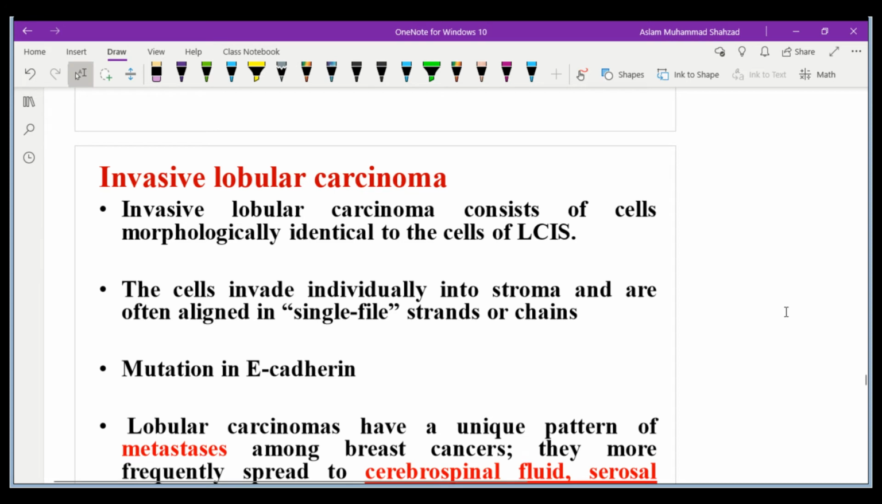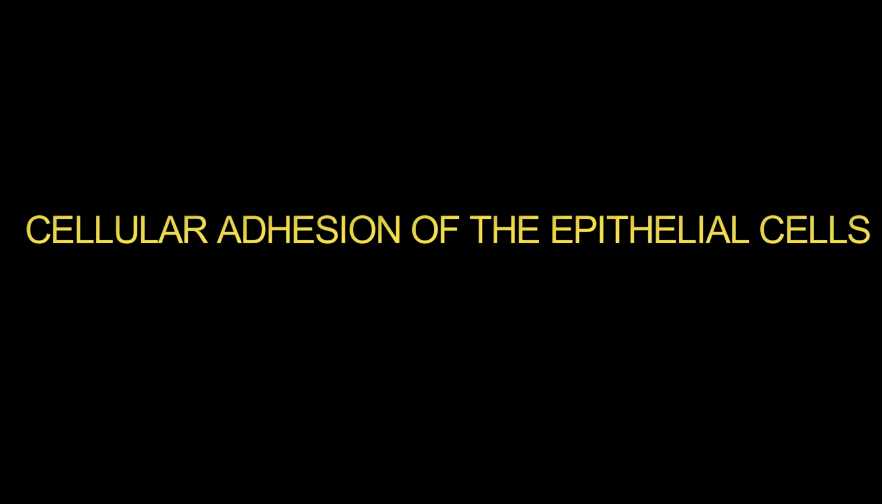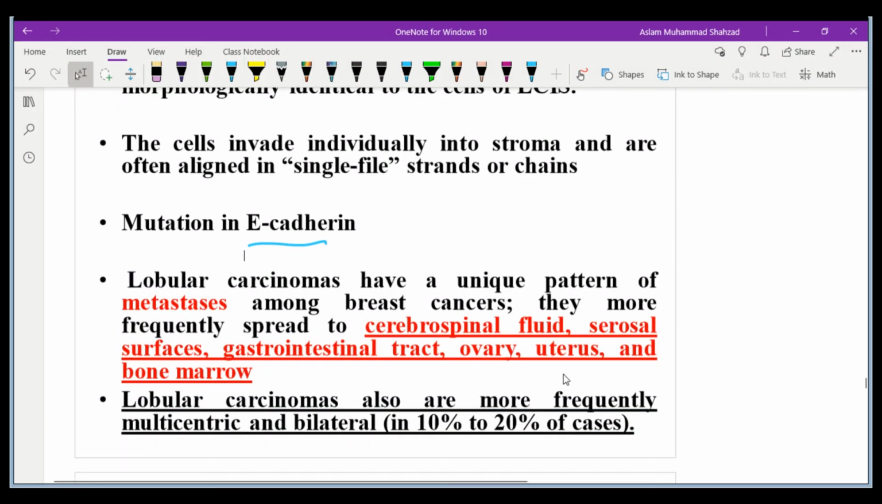The reason behind invasive lobular carcinoma is the mutation of E-cadherin. What is E-cadherin? E-cadherin is important for the cellular adhesion of the epithelial cells, and the mutation that occurs in E-cadherin is responsible for the problem. Lobular carcinoma has a unique pattern of metastasis, and can spread through cerebrospinal fluid, serosal surfaces, gastrointestinal tract, ovary, uterus or bone marrow, and is more frequently multicentric and bilateral, in 10 to 20%